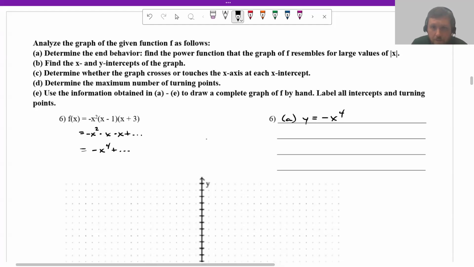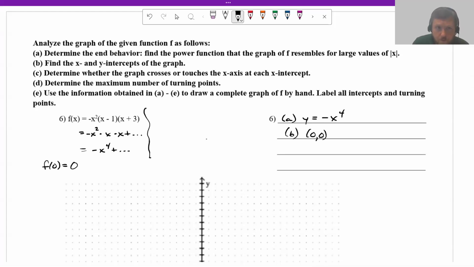Find the x and y intercepts. So that's both combined. For the y-intercept, that's f of 0, and that just gives me 0. So I can go ahead and list 0, 0. And so x-intercept,